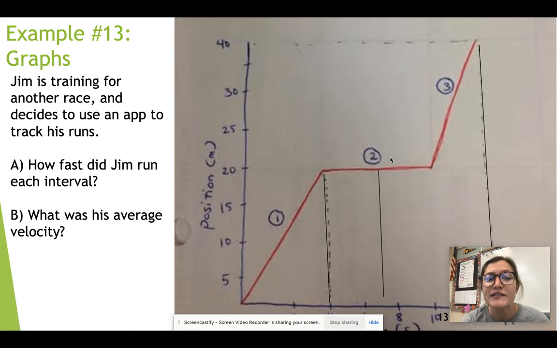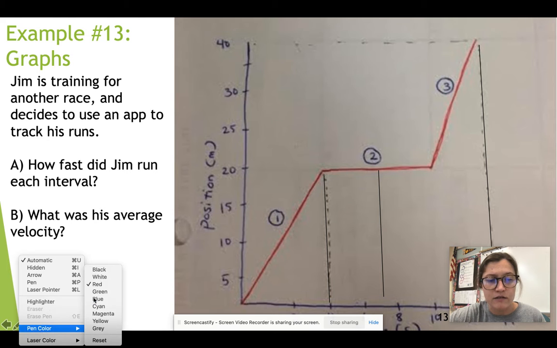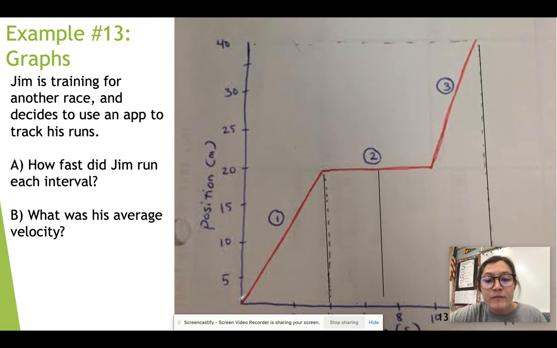If we want to figure out his speed or velocity during a time interval, we need to take the slope during that interval, using the slope-intercept equation. If we want the average velocity, that's asking for the velocity for the entire trip, so we take the change from the origin to the final position. I'm going to annotate on here and show you the difference. In segment 1, we